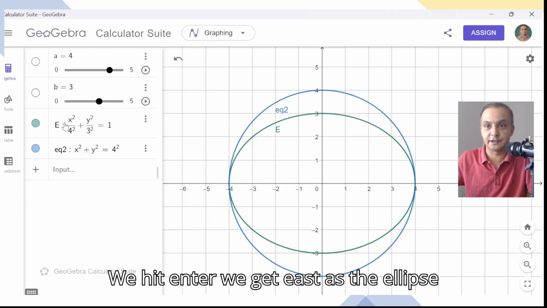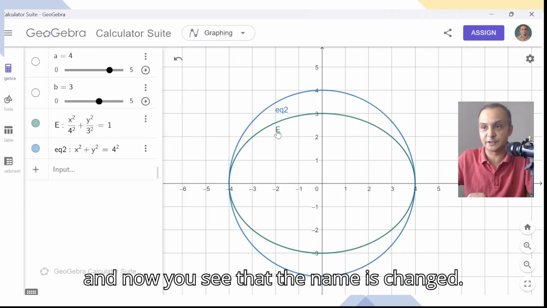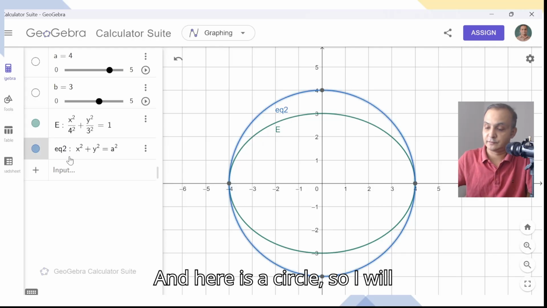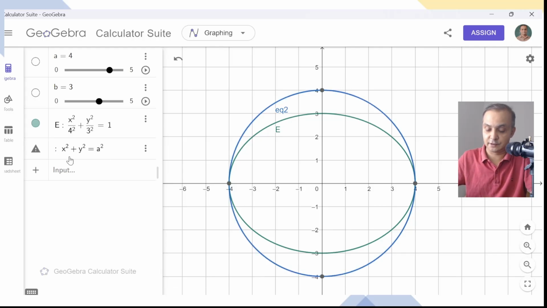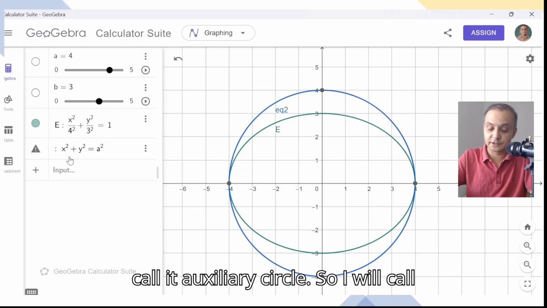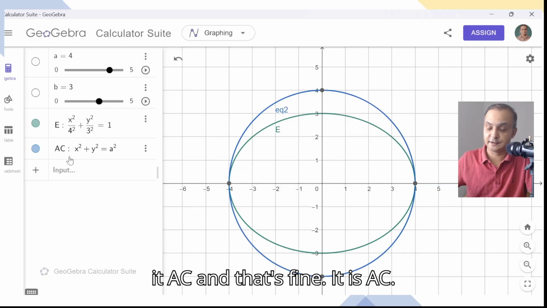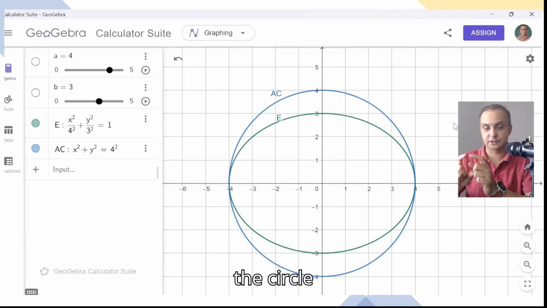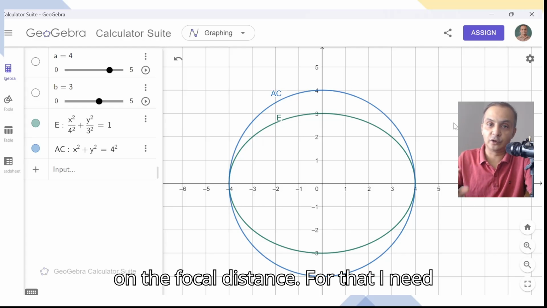Now you see that the name is changed. And here is a circle, so I will call it auxiliary circle, AC, and that's fine. This is AC.